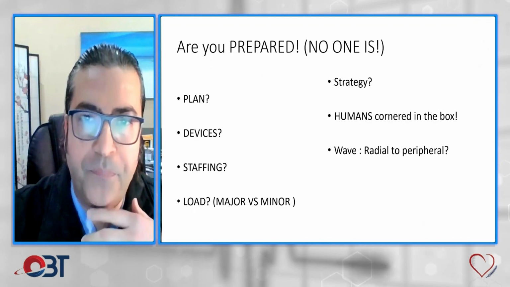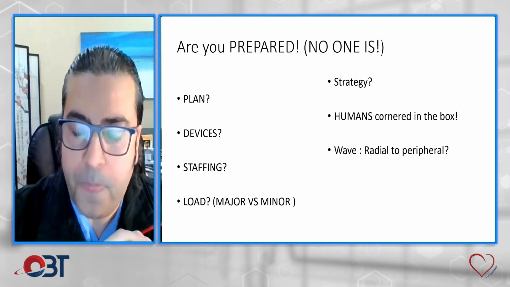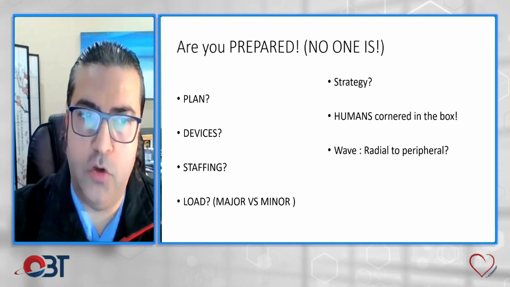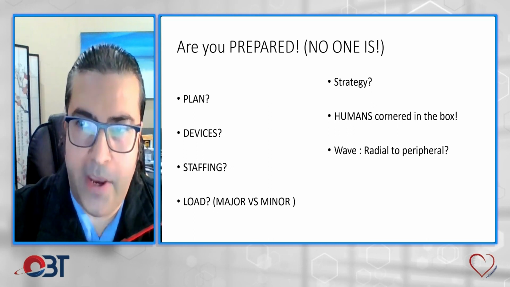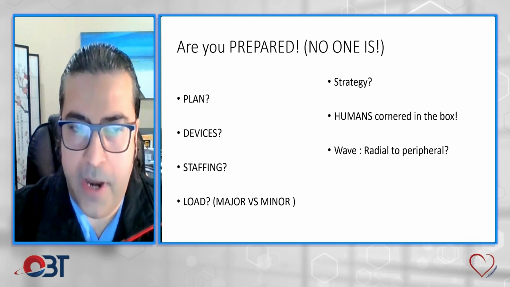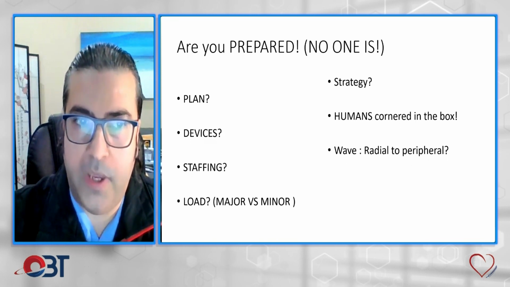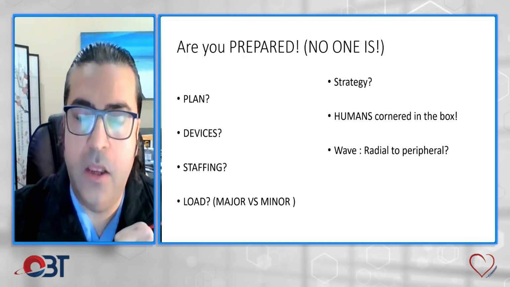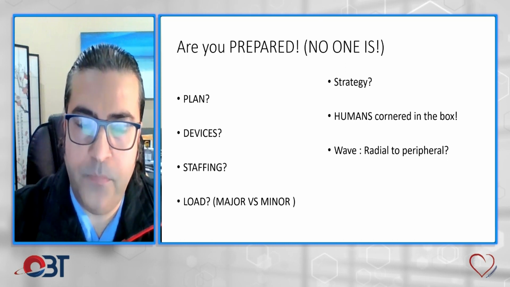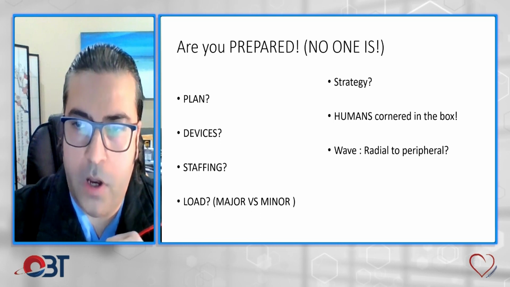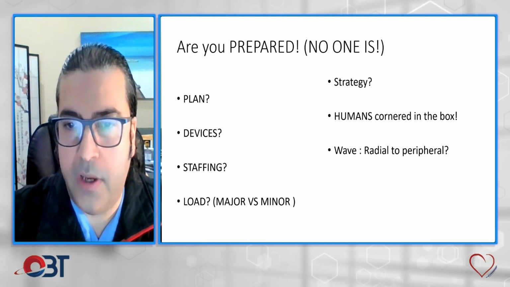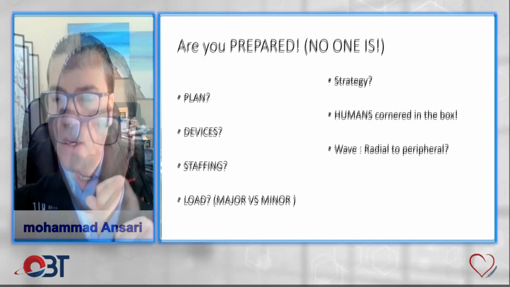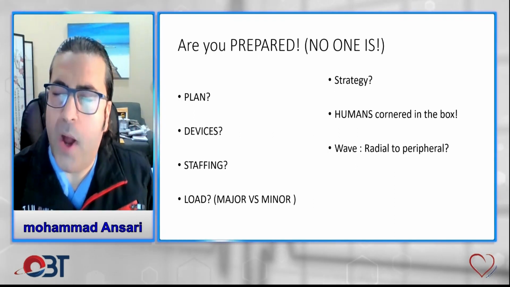These are my disclosures. When we talk about limb ischemia, acute or chronic, the most important thing is we have to be prepared. And when we talk about any strategy, it starts with our preparation, our planning. What is the device utilization? What are the staffing considerations? And what is the load of the thrombus burden in an acute setting? And then whatever strategies you want to take towards that,